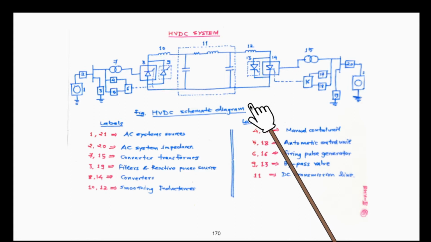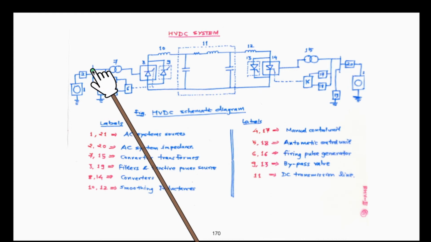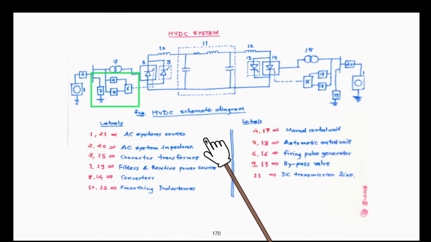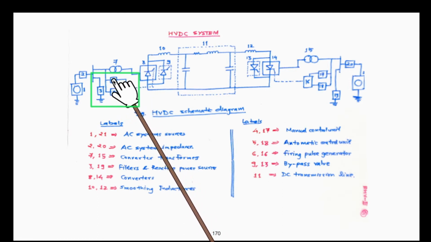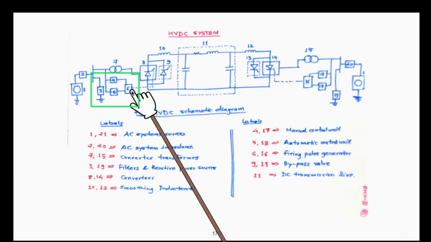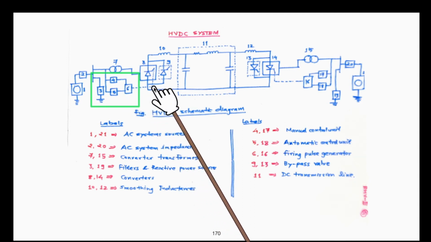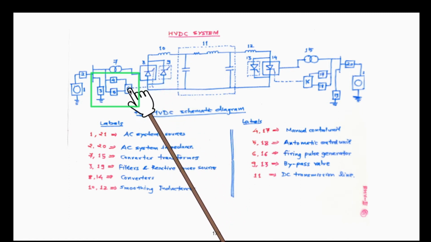Now let us observe what are the rest of the things available that are visible on the diagram, especially in this particular area. Now please realize that actually these are firing angle control circuits: 4, 5, 6. Similarly 16, 17, 18. Firing angle control circuit, wherein 6, you can see, is connected to the gate of the converter. So 6 is a firing pulse generator.